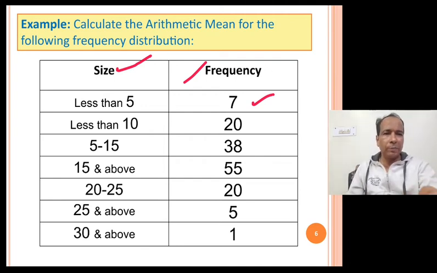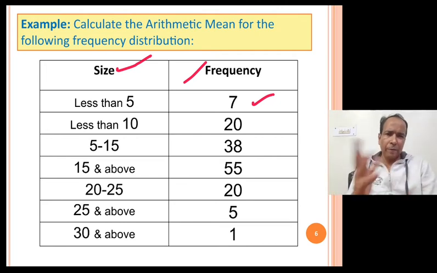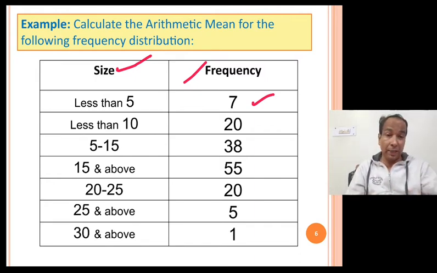Now the calculation comes in, that is less than 10 and here less than 5. Now another class is 5 to 10. The classification can be this way: 0 to 5, 5 to 10, 10 to 15, 15 to 20, 20 to 25, 25 to 30, 30 and above. The above value can be considered as 35, so 30 to 35. Similarly, we can do the classification of this problem, right? Now we need to calculate the frequencies. Less than 5 means 0 to 5, and 0 to 5 has the value 7.